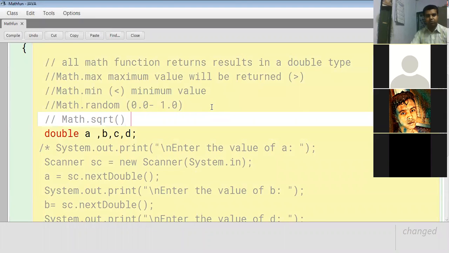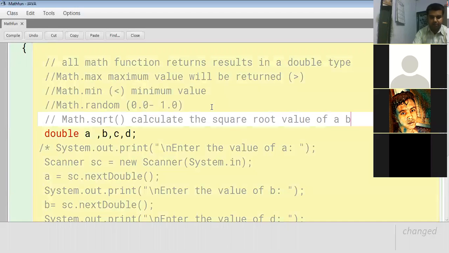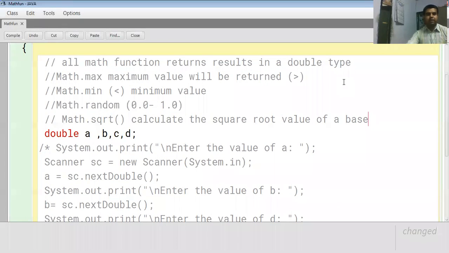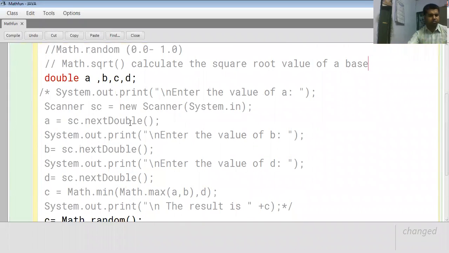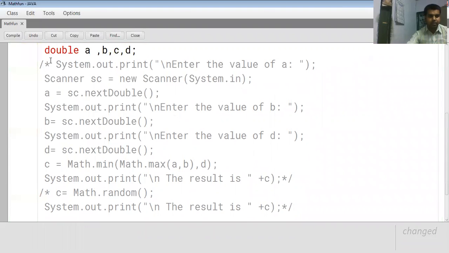It is used to calculate the square root value of a base number. The square root value of a base number needs to be calculated using math.sqrt. For that I'll just switch off this line because it is not required, and I'll come back to this part.